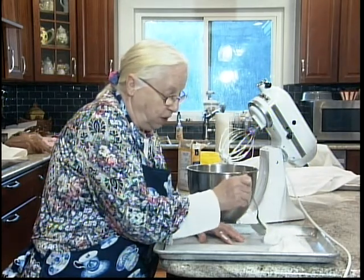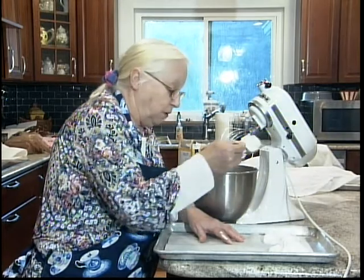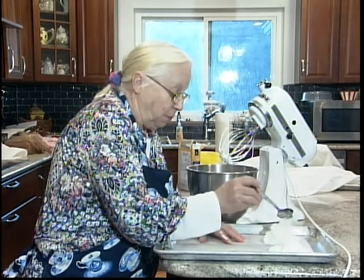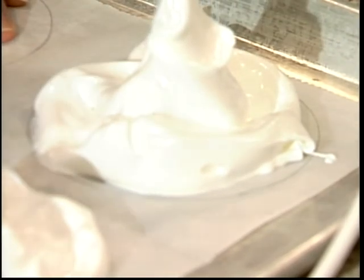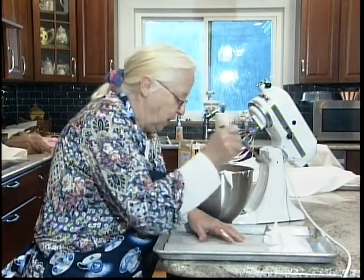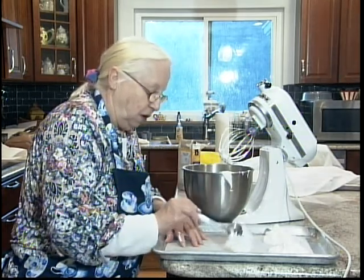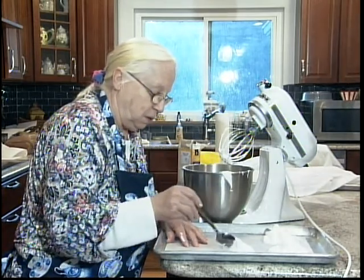You do not want it to be very darkly browned. In fact, you don't want it browned much at all because it's supposed to be a cloud. That was just a little bit too much. And once these are done, and they'll be a light golden brown, we are going to take them,